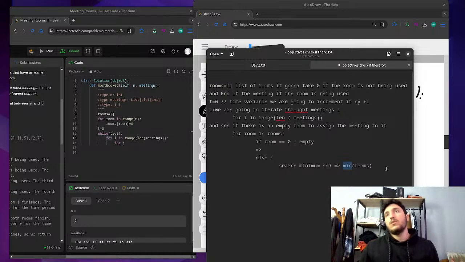So now we're gonna search the minimum, and then if there is no room available, no. So if room equals zero,